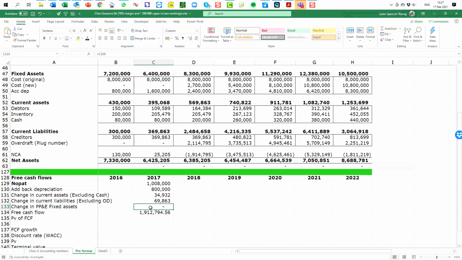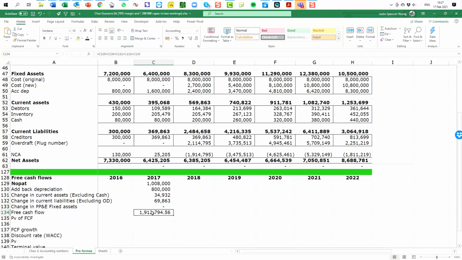All right, next up, what is the change in the fixed assets, property, plant and equipment? It turns out that in the 2017 year there was no money spent on new assets. There was no capex investment. So there's no change to that number. Now going forward, that is going to be quite different, and I'll show you how that changes in a moment, because we're going to be spending a whole lot of money fitting out these cafes.